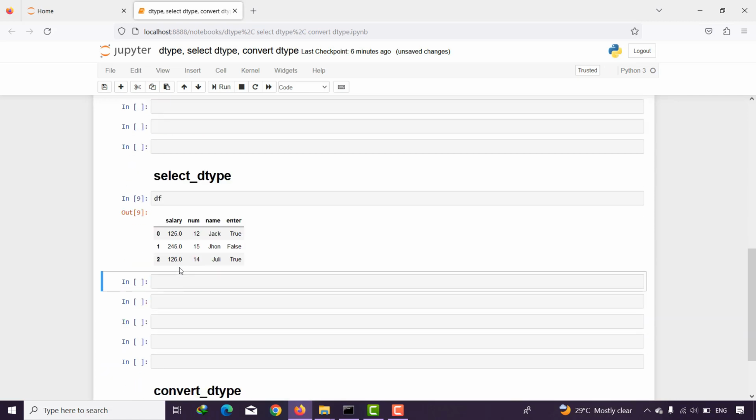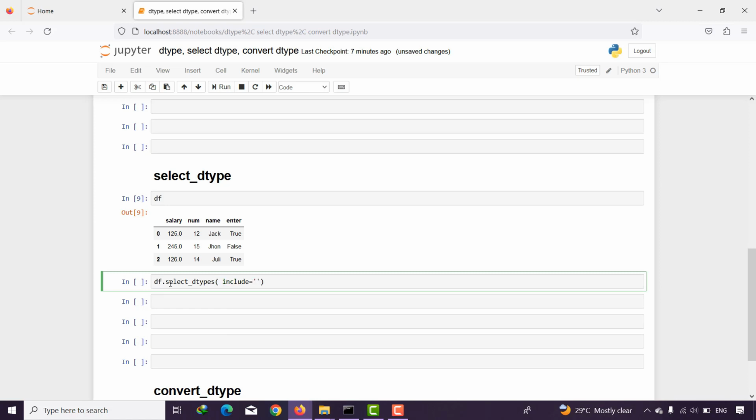For example, I want to just select columns with integer, and imagine that this data frame has maybe 100 columns, so it is very difficult to find out which one is an integer and just write its name, saying give me salary, this column, this column, and it could be very difficult. So I can just select them by dtype, and I said, for example, df.select_dtypes,